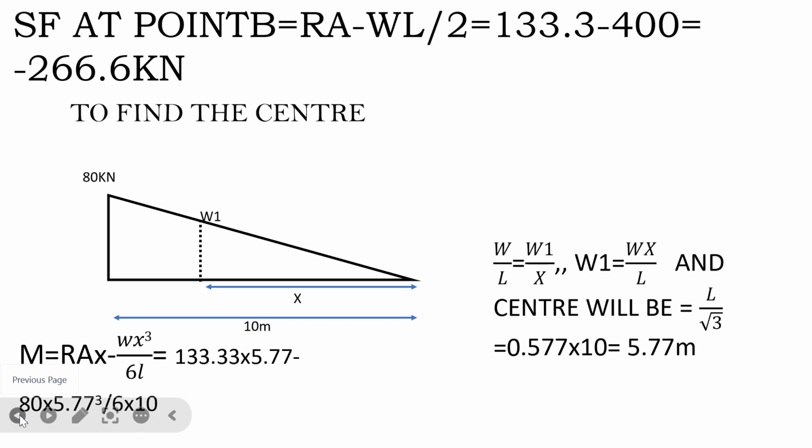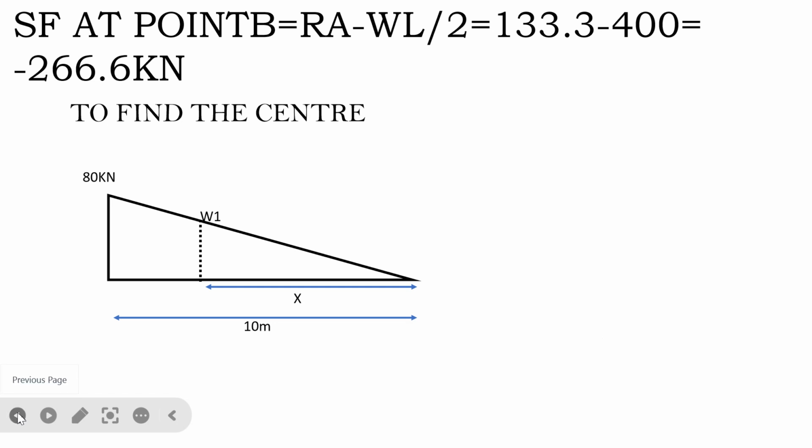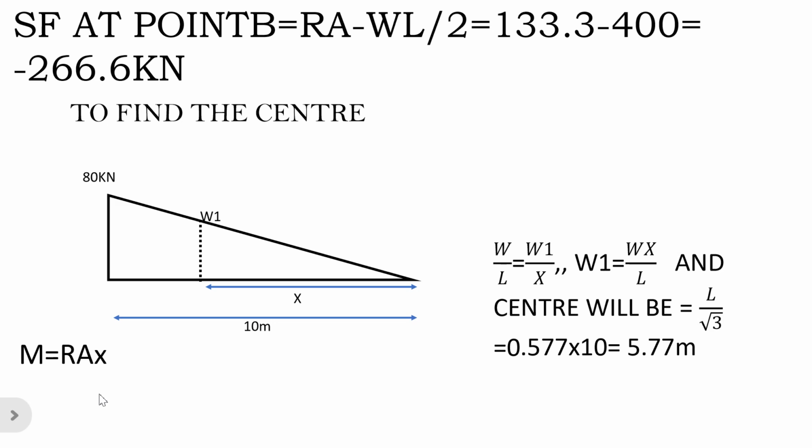Right, I give you more explanation. So for finding the center, I see this center. So first the moment will be equal to the RA times x minus weight times x cubed over 6 times r, where we get 103